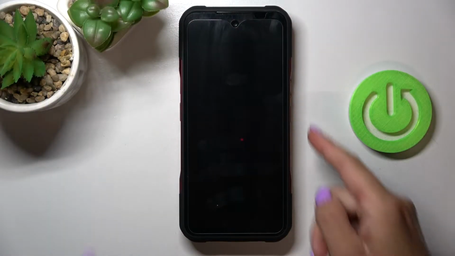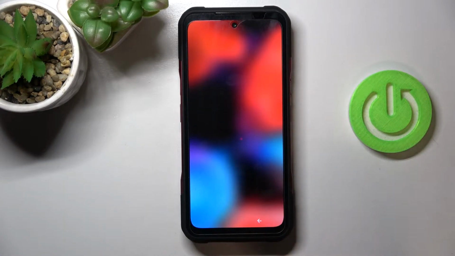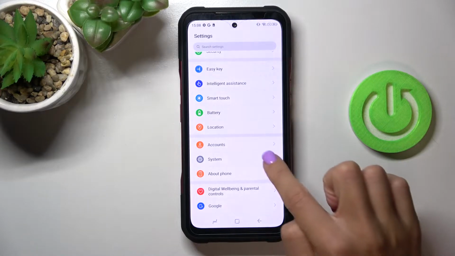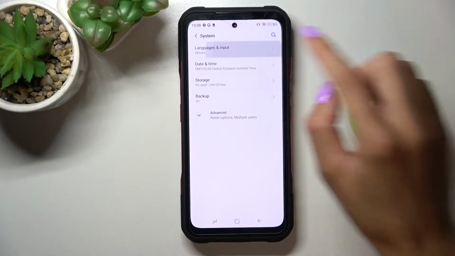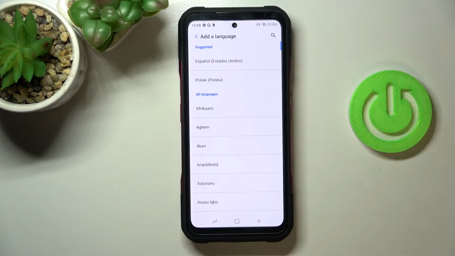In front of me is DOOGEE V20, and let me show you how to change the language on this device. So first of all, you have to unlock your device and open Settings, then go to System and click on Languages and Input. Pick Languages then, and now just click on Add a Language to pick the one that you